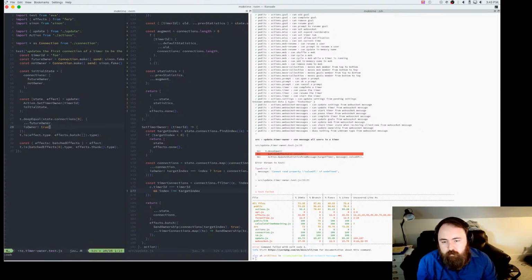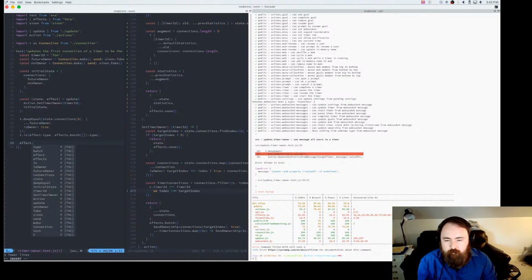It is now the owner. And we also know based on the connection order, I guess we sort of know what they're going to be sent, but I'd rather do something like effects dot for each.